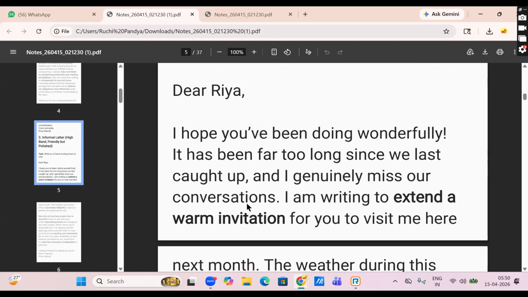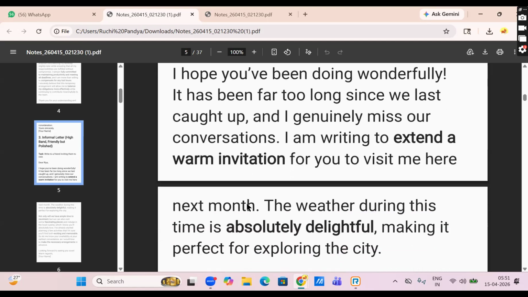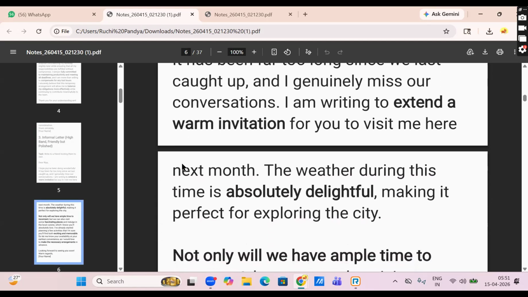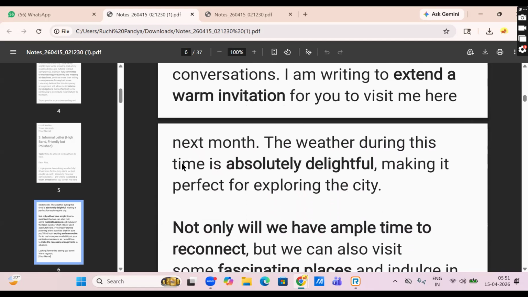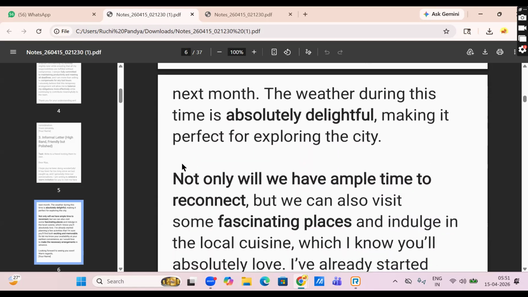Okay, let's pass this on to Mithil now. You can read out the same one. Dear Ria, I hope you have been doing wonderfully. It has been far too long since we last caught up, and I genuinely miss our conversations. I am writing to extend a warm invitation for you to visit me here next month. The weather during this time is absolutely delightful, making it perfect for exploring the city. Not only we have ample of time to reconnect, but we also...